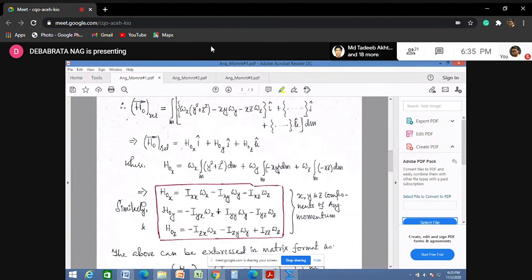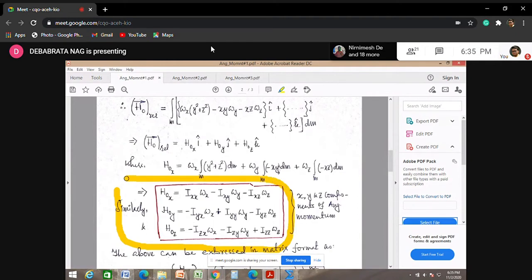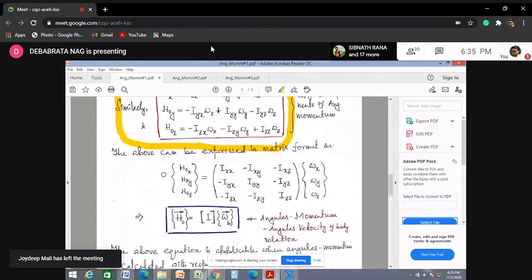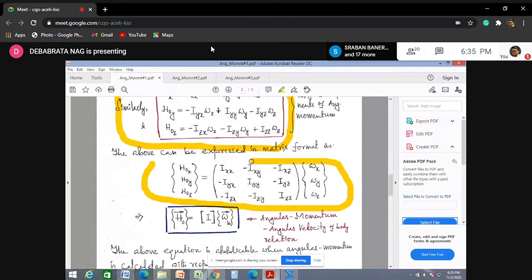The relationship between the absolute angular velocity of the body and the relative angular momentum can be expressed by this equation, which ultimately in the matrix form can be represented by this,